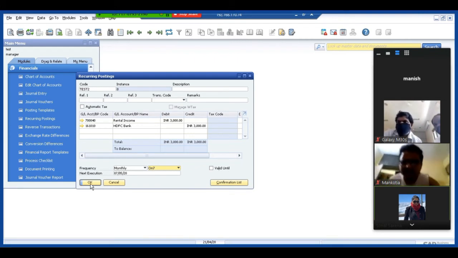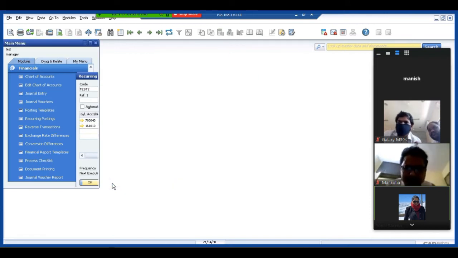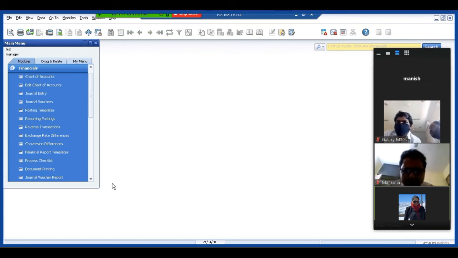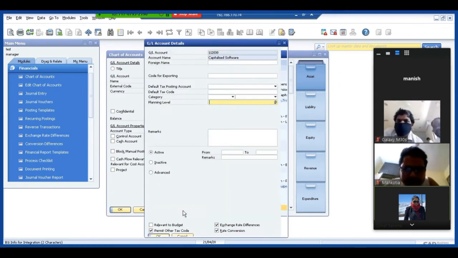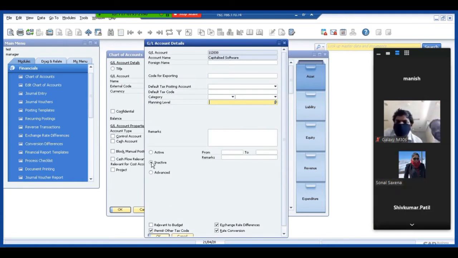So Manish, there is a question from Alok ji. He is asking, sometimes double accounts, as in 4 business partners, are open. How to deactivate the account if any entry is already done? See, if there is a balance in any of the accounts or any entries are done, that account cannot be cancelled, it would only be deactivated. You can click on chart of accounts, select the account that you want to deactivate, select that particular account's details, and click on inactive.